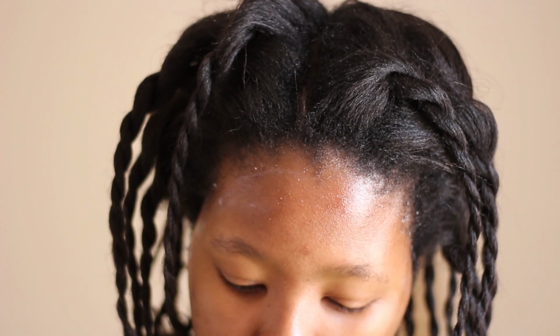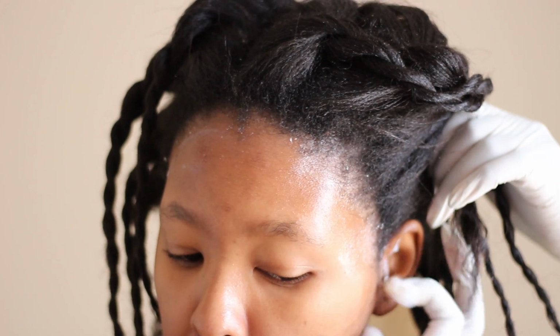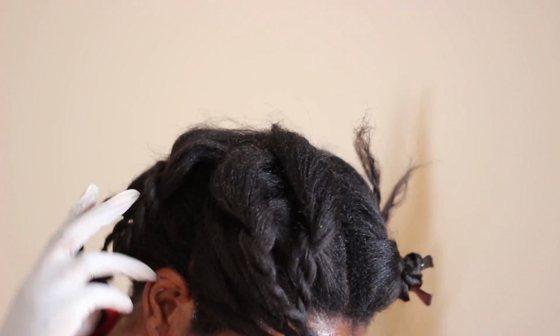So moving right along, I'm just going to take some Vaseline and I'm going to apply it to my forehead, my ears, and also the back of my head and my nape as well, just to make sure that in case something falls onto my skin, I am well protected. Now, sectioning off